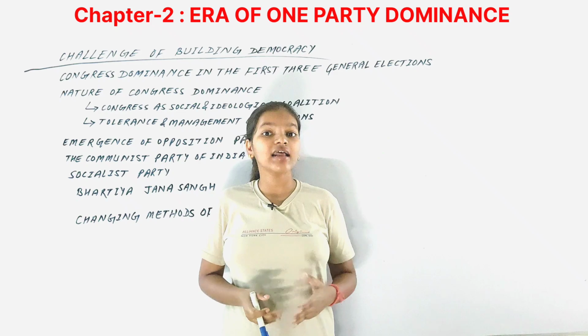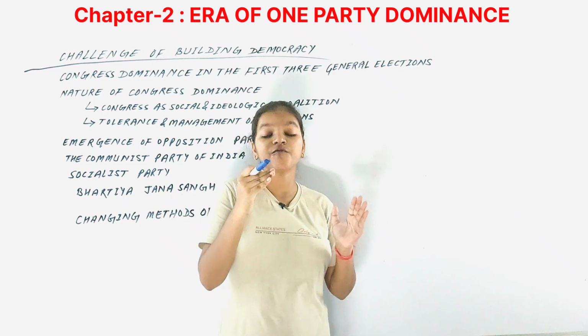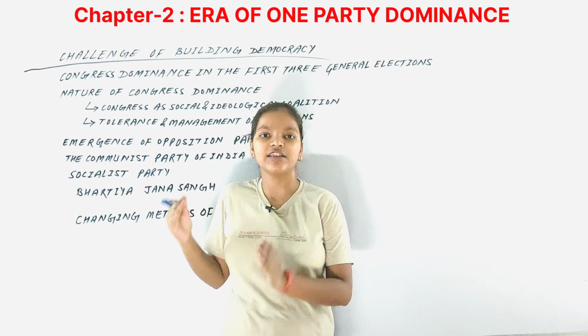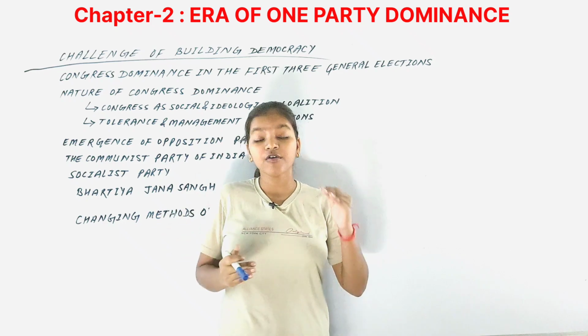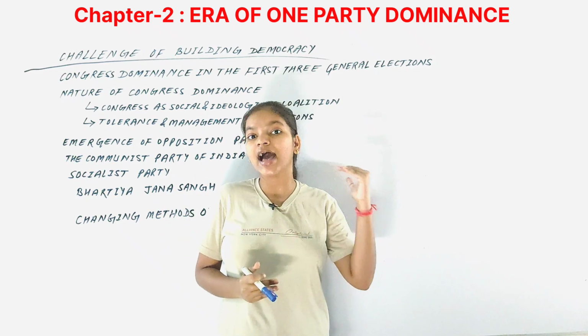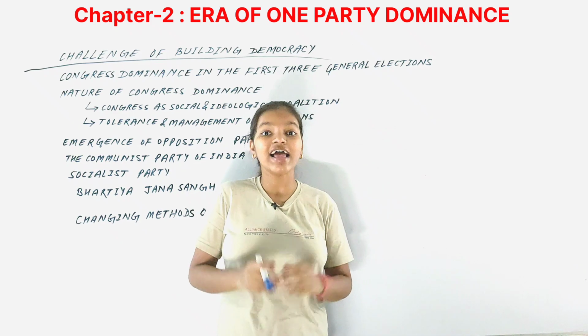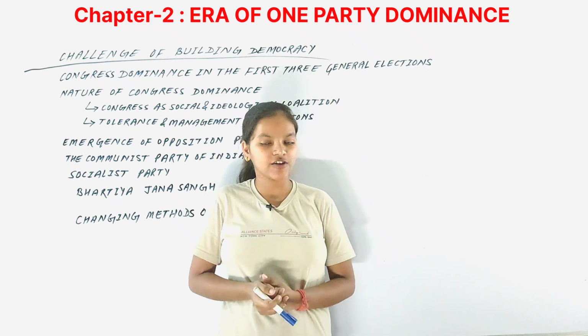Third point was that among 17 crore eligible voters, only around 15% were literate. So we had to adopt a method of voting to which literate as well as illiterate people both could have access, and that is why it was a huge task to hold elections in the country.